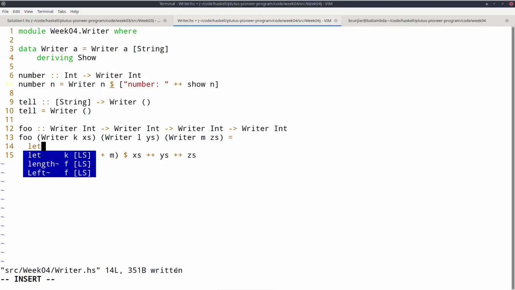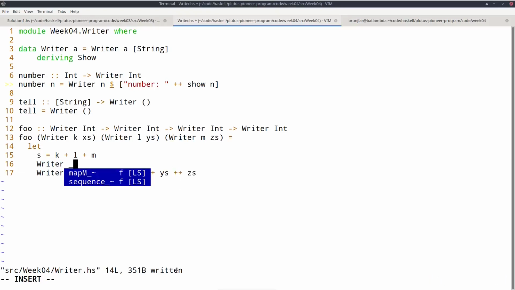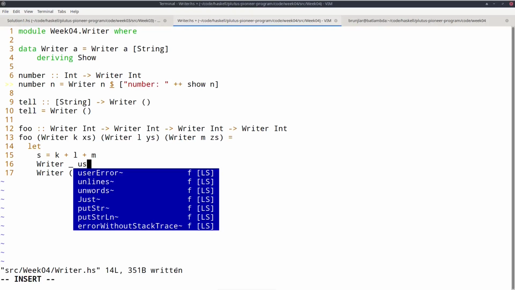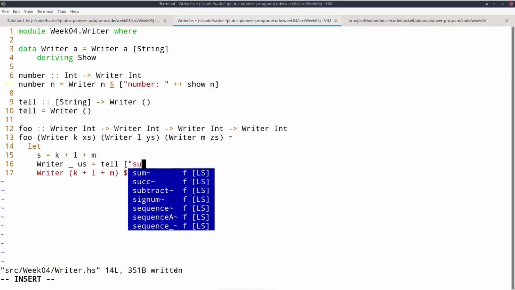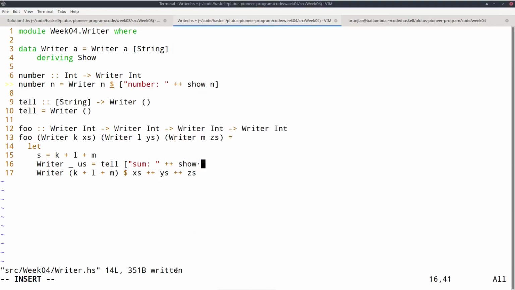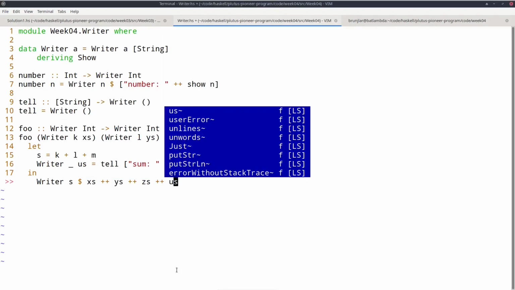So let's say let s equals k plus l plus m, and write us equals tell sum, show s. And now I can actually do it like this.